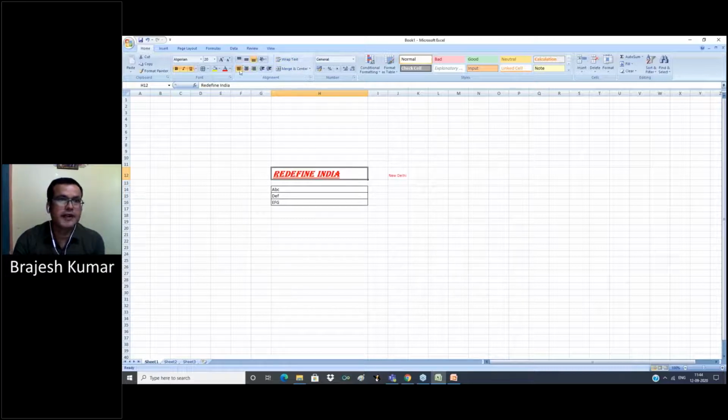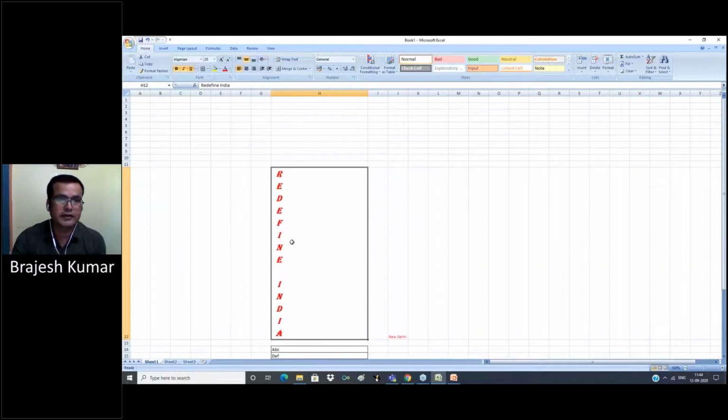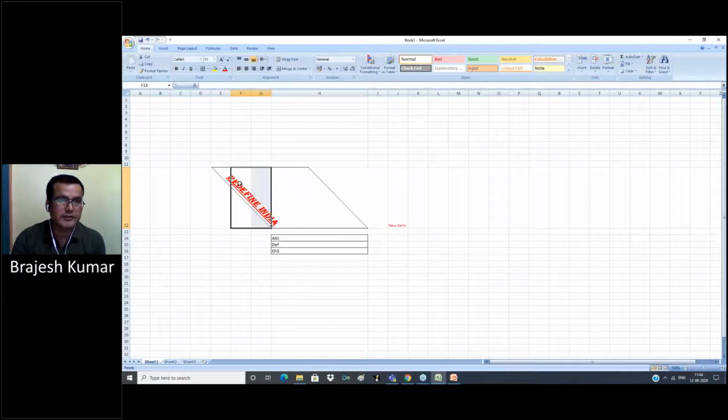And this option is alignment, where your text appears on the left side, right side, middle. This option is used for alignment of your text and rotation of your text. Like if we want vertical text, now it looks like this. If we want an angle clockwise, now it looks like this.